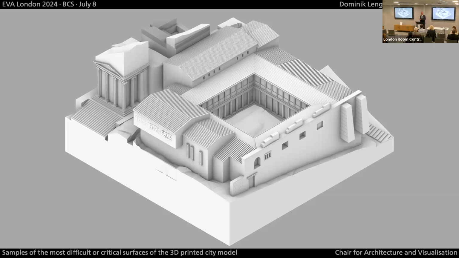Anyway, we delivered that model to the producer, and the producer, as we are absolutely used to and experienced with this reaction, when we send season's greetings, we always get a call, that's a mistake. No, that's graphic design. And in this case, it's not art, no. It's a technical assemblage of the most difficult and most intriguing and interesting surfaces that we have in the overall model. For example, this is not a head of a temple, it's a section of the slope.